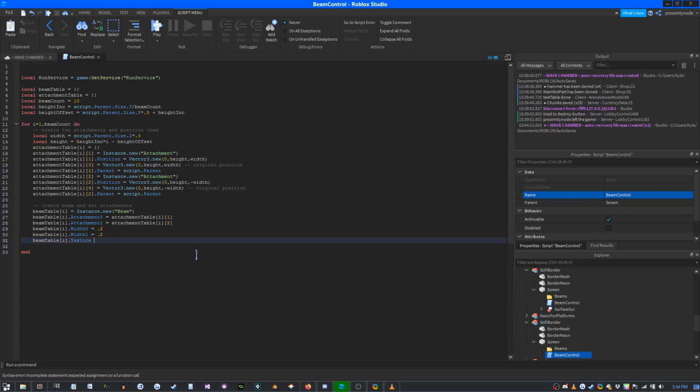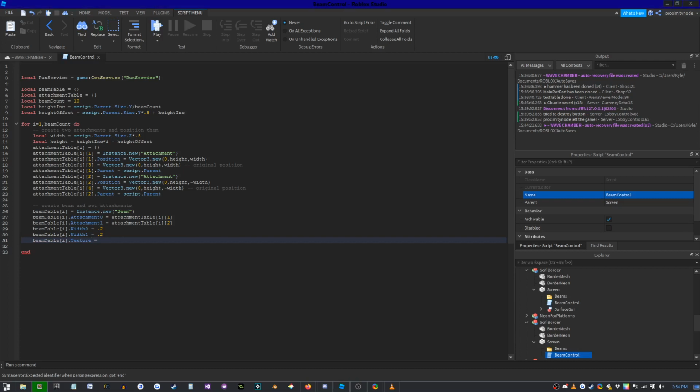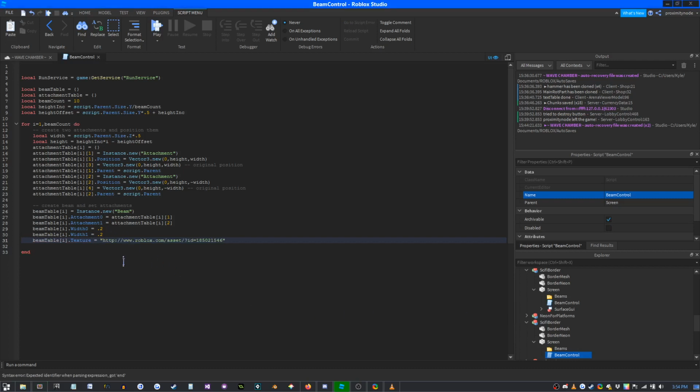And I found this texture to look pretty neat. It is this guy. It's almost like a laser thing. And then we'll do beam table,